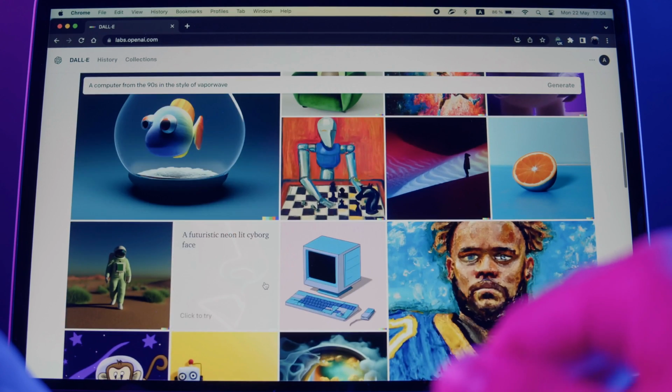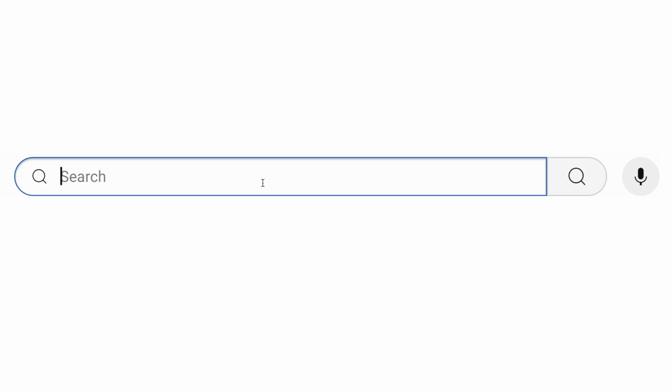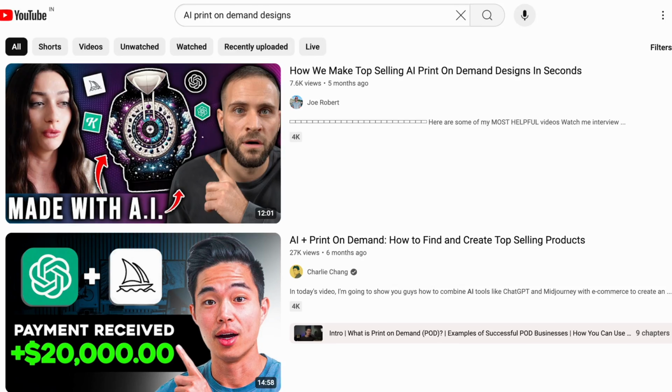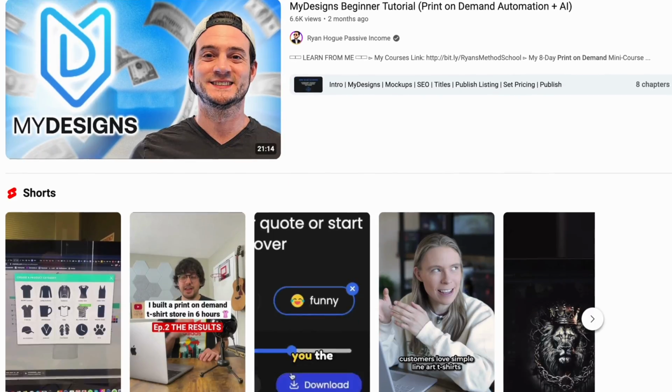If you don't know, AI has really come a long way. There are lots of videos here on YouTube about using AI to make print-on-demand designs, and a lot of them make it sound like AI is just going to make your entire design for you and it's going to become a bestseller. Now, I'm not doubting the potential of AI, I just don't really try to use AI to